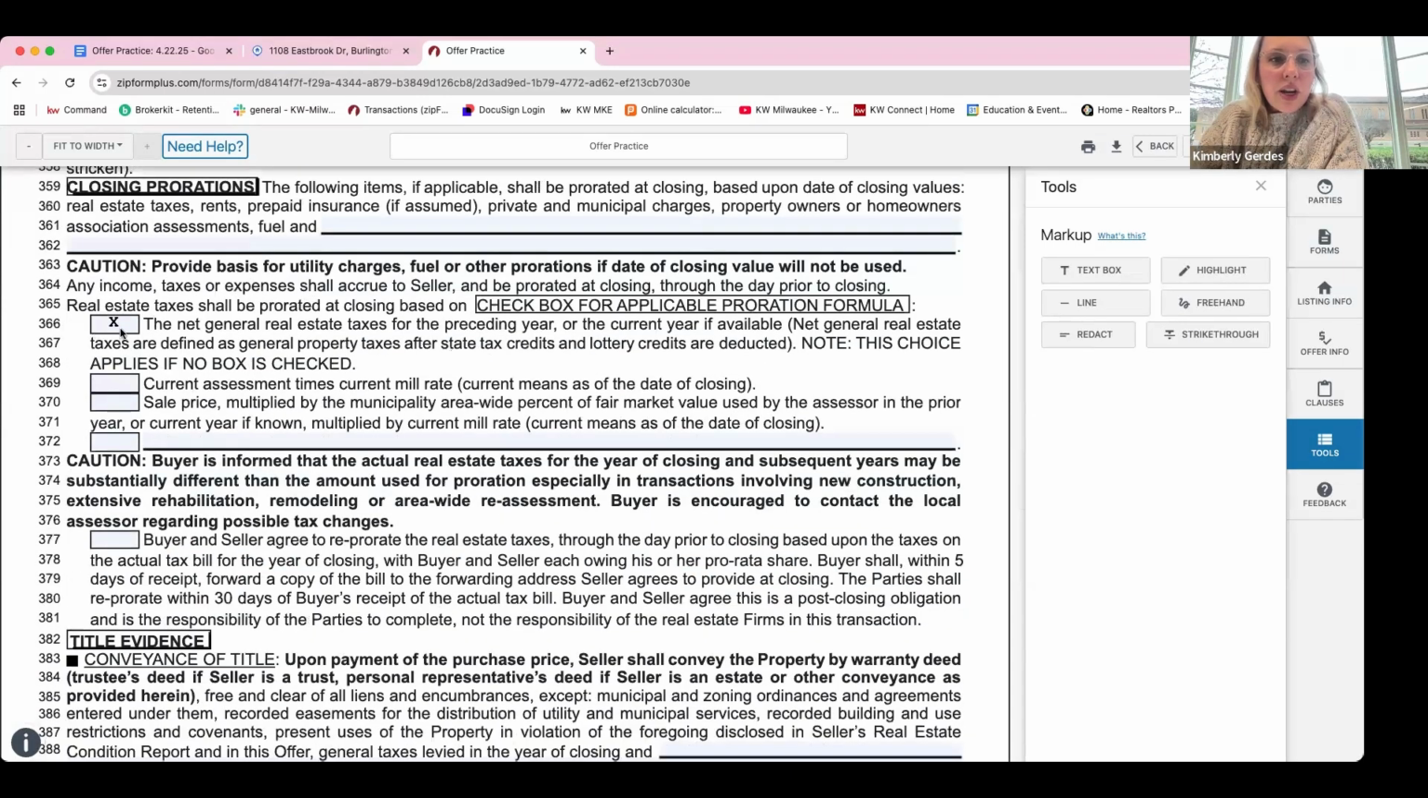Moving along in terms of prorations, we have to give the title company some direction as to how taxes will be prorated between the two parties. And the most common one here is line 366, meaning taxes are going to be prorated based on the amount from the preceding year. You don't have to figure out the math, but you do have to give direction to